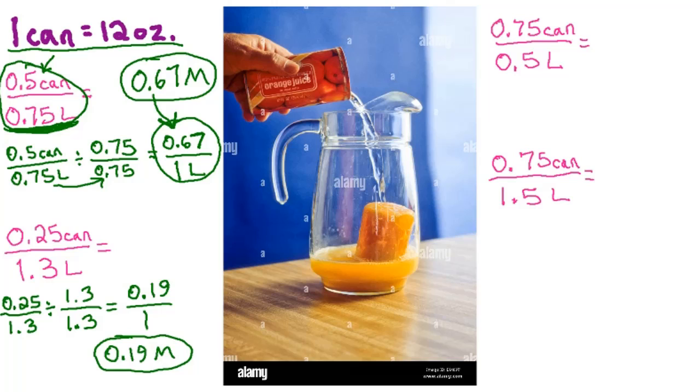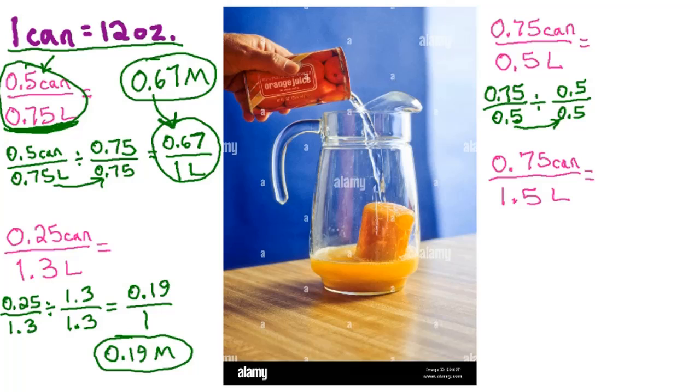Now let's do the second column on the right here. We use 0.75 cans, that's 3/4 of a can, in half a liter of water. So how can we figure out what the molarity is of this? If we have 0.75 cans in 0.5 liters of water, we need to get this 0.5 liters of water into 1 whole liter of water. So if we divide both the bottom and the top by 0.5,